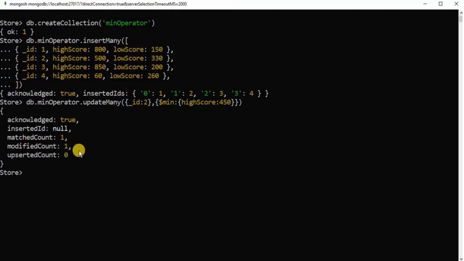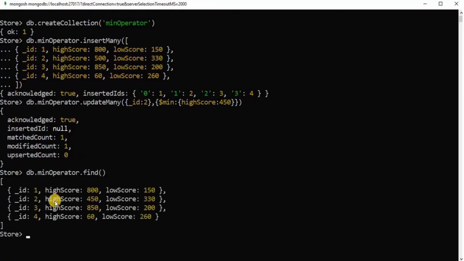Now if I quickly go ahead and run the command db.minOperator.find and hit enter, you will see that now for ID 2 the high score is changed to 450 instead of 500, because the value that we passed with the min operator was less than the